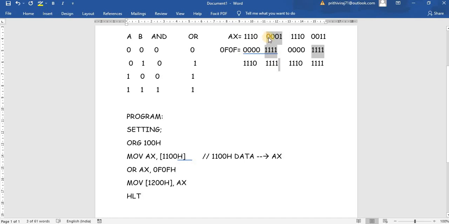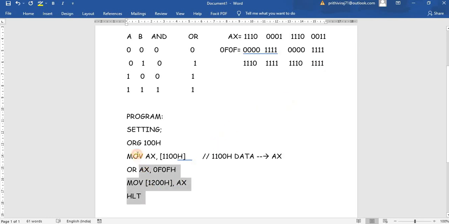In the place of 0001, I have set the bits into 4 ones. If you see here, the first 4 bits are 1110, but I have ORed the logic with 0000, so the same input has reached the output. But when we do the OR operation with F, that corresponding bit has been set to the 4 ones. You can see here, when we do the OR operation with the 4 ones, the corresponding input has been set to ones. That is the operation of the OR gate.